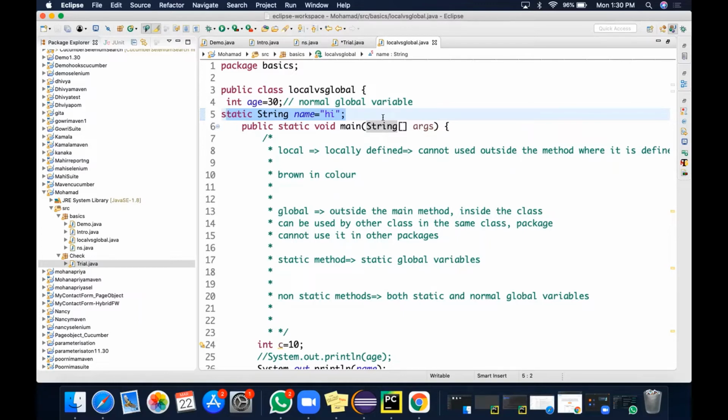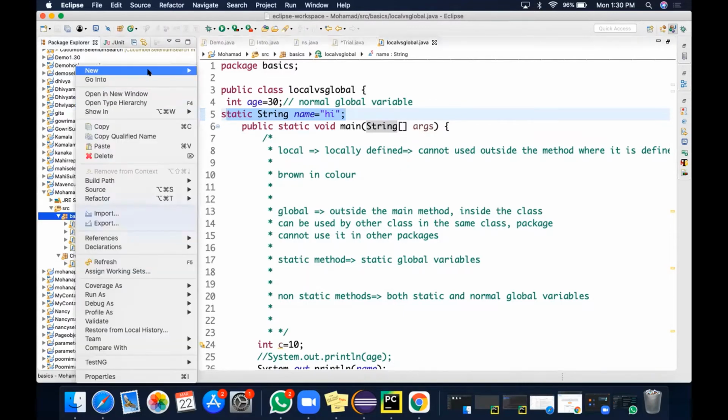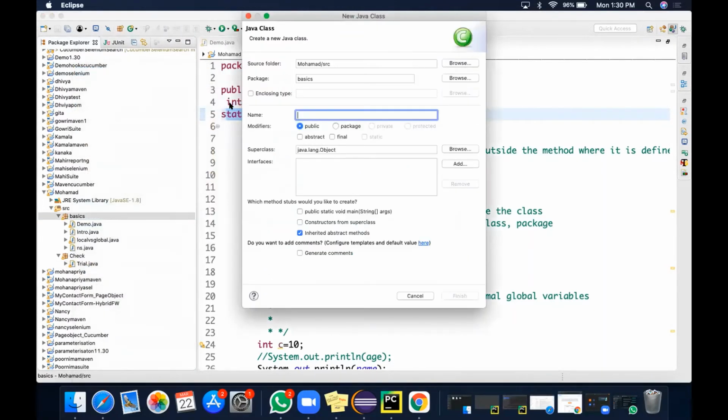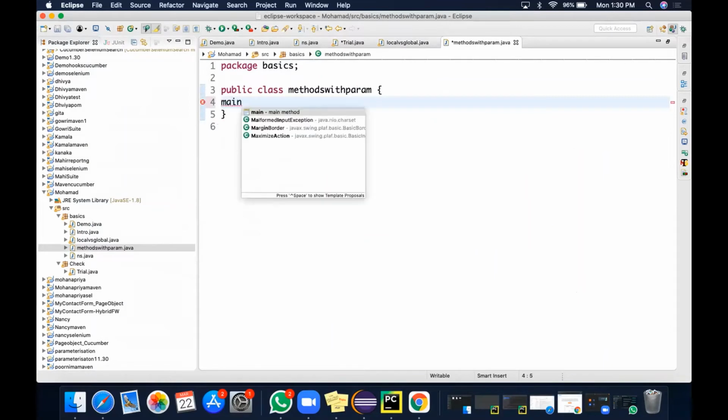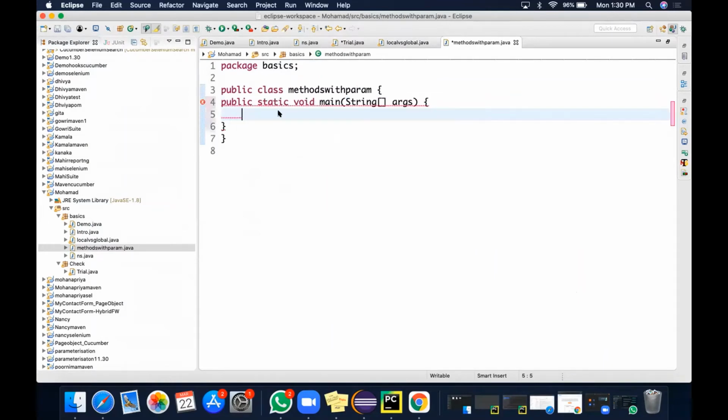So I'm going to create a new class here, to have a main method. So what are parameters? What are arguments?